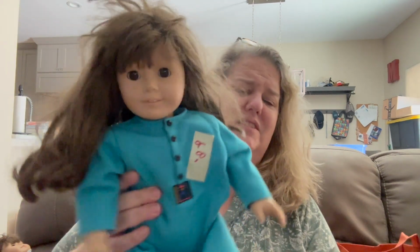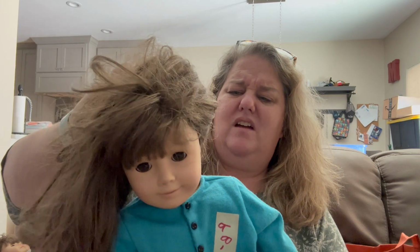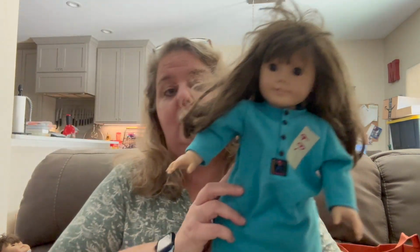I do not have this one identified yet. She is Pleasant Company as well. Tan body. She has a pair of panties and like a sweatshirt and nightgown. It's like a slumber party kind of thing. It looks like the dolls were all from the 90s. I cannot find a tag on her little dress. And I don't see tags. Her panties tag